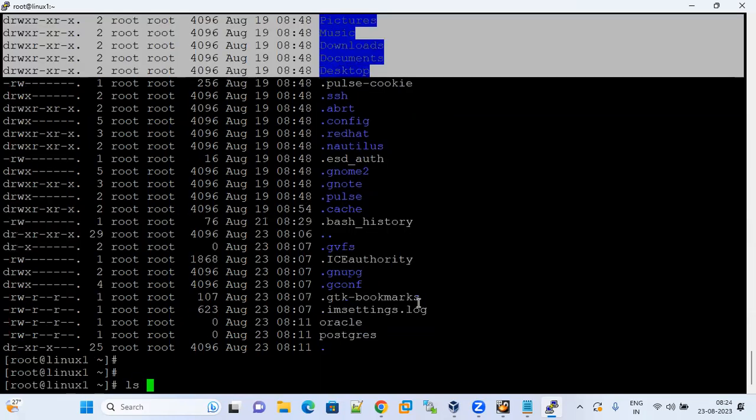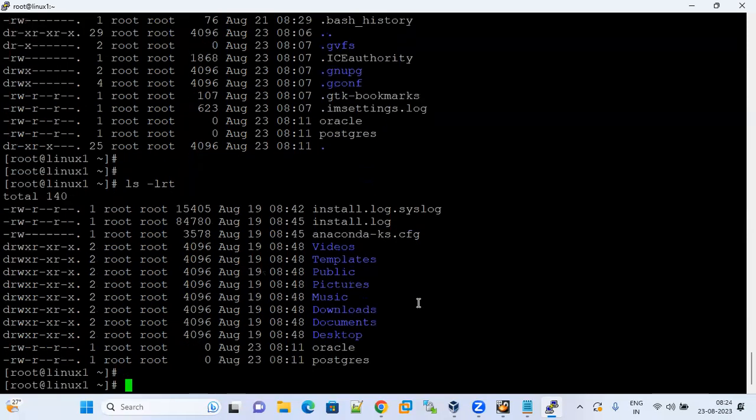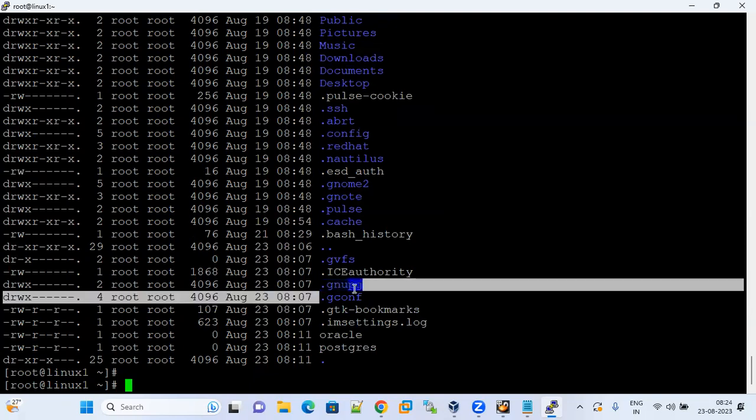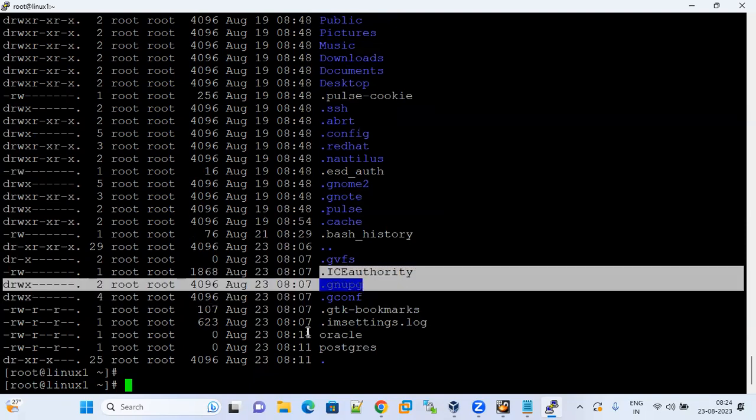So when you use ls -lrt, it won't list the hidden files and hidden directories. It gives the information about normal files and normal directories. If you want to see all the files, including hidden files and hidden directories, you can use ls -lart. You can see this is the hidden directory, hidden file, normal file,